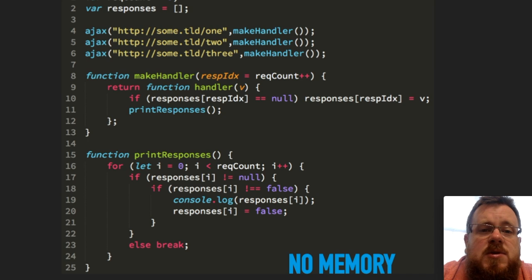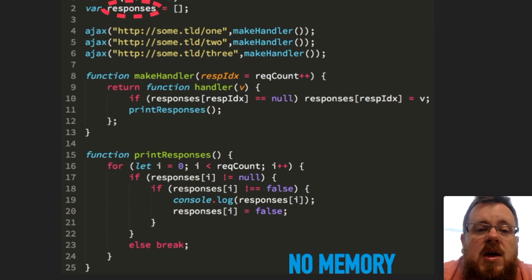Because really, fundamentally, the reason why callbacks can't express that kind of concurrency is that I need some kind of memory for the callback to track its data over time. I'm going to have multiple callbacks running concurrently, and they need to remember things, because one may come back too early, and I need it to remember its data until a later time when I'm ready to process it. So here I'm doing that with some closure. I'm doing that not only with the closure over the respIndex variable, but also I've got a global variable in this case called responses. It's an array that will store those responses over time.